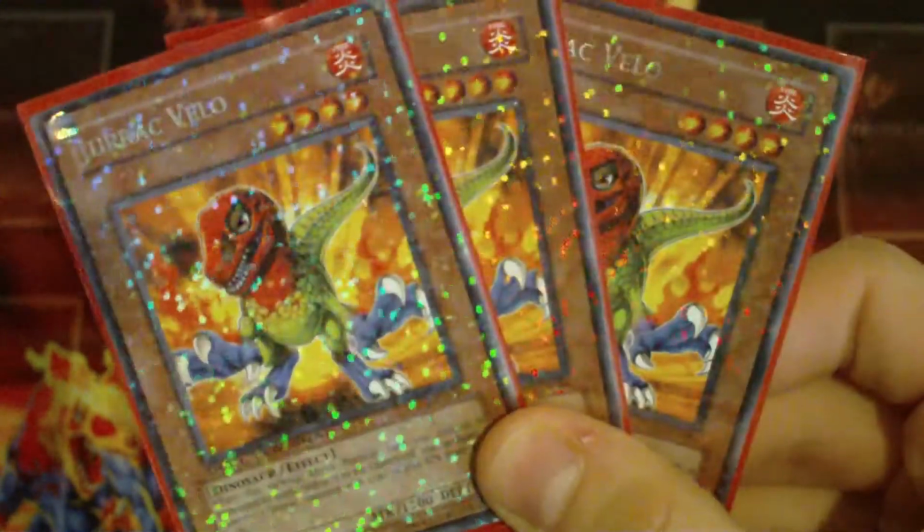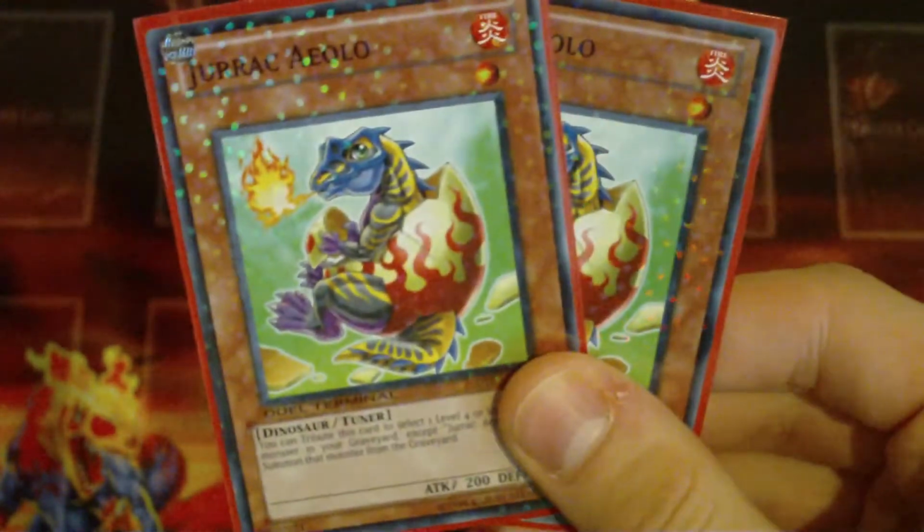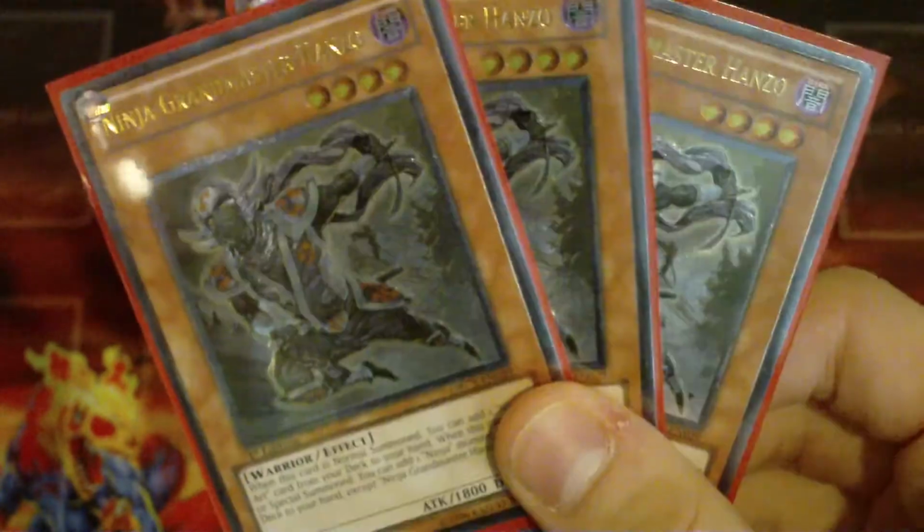Alright, so I have 3 Jurrac Guaibas, 3 Jurrac Velos, 2 Jurrac Dinos, 2 Jurrac Aeolos, and a Jurrac Terra. So that's it for the Jurrac engine. Then we have our trusty little Kinkabayo, 2 Effect Veilers, 3 Hanzos,